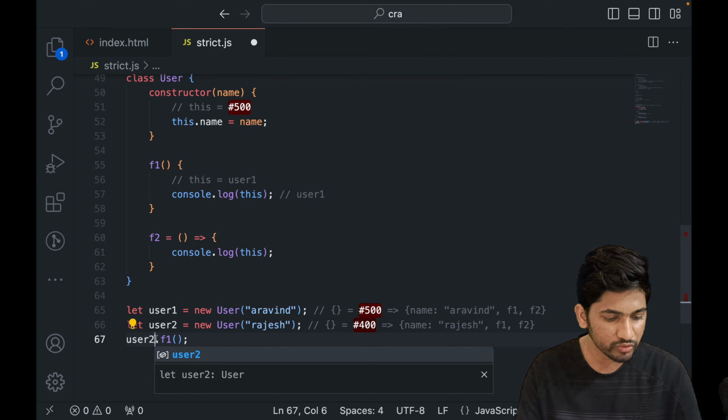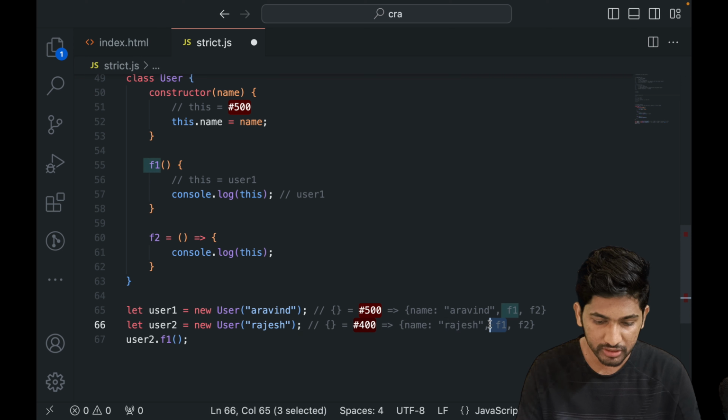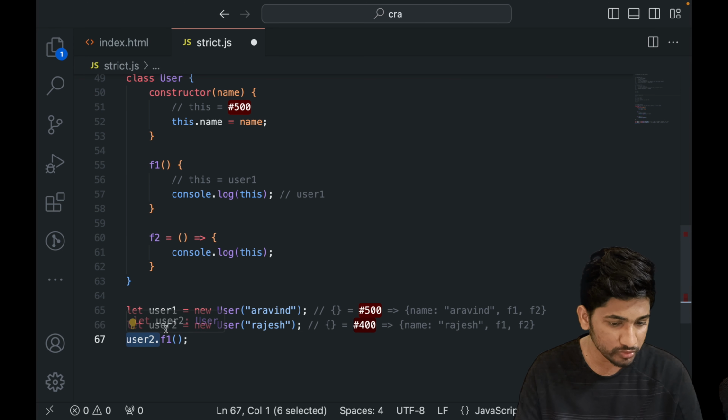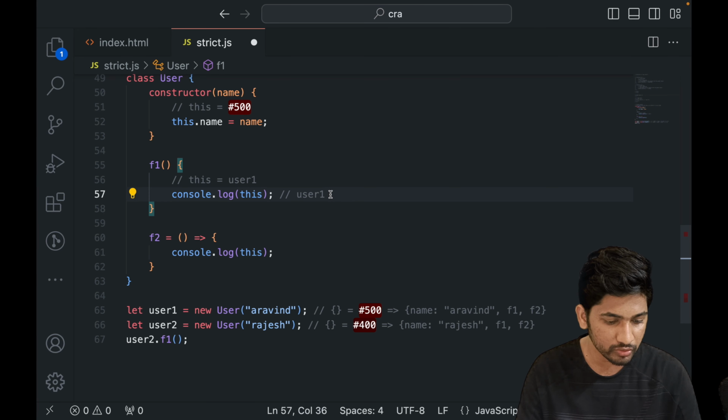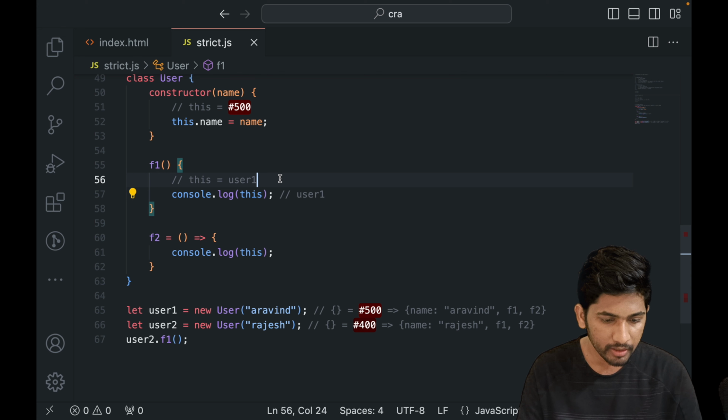Now if I call it with user2, then I'll get the user2 object, because for this second f1, the object which I'm using is user2. So this keyword is going to be user2 this way, in this case, which is name Rajesh. Now